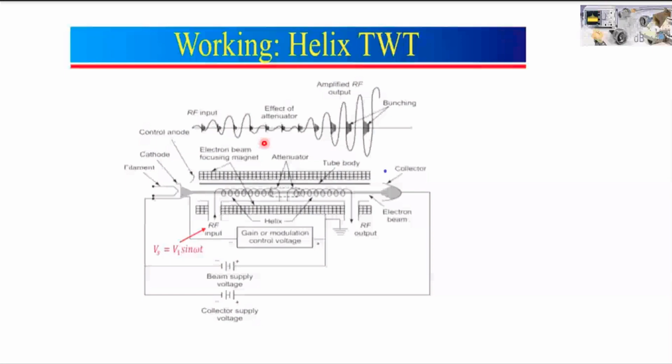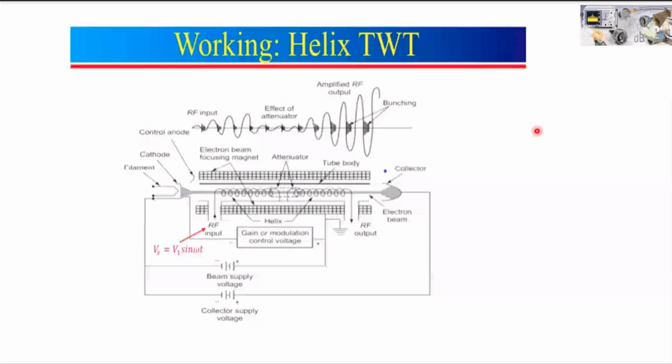Okay, similarly, the same method is explained here. Correspondingly, the effect of the attenuator and the whole bunching process of electrons is shown here, and this is continuously moving inside the RF interaction region, which is nothing but the formation of bunches taking place. And this is how the electrons basically move in your traveling wave helix structure.